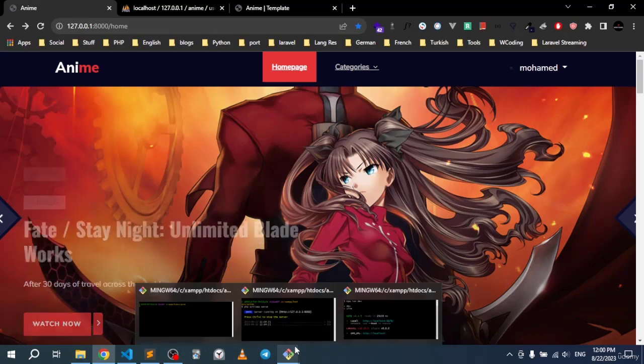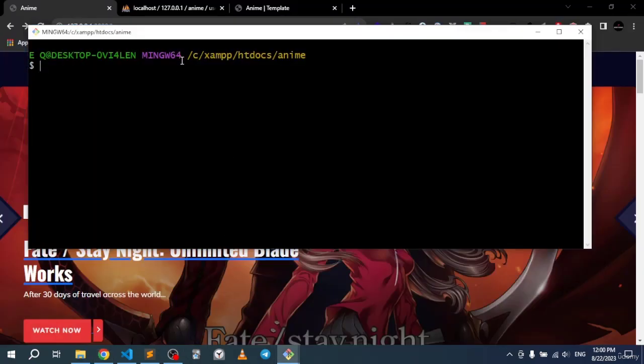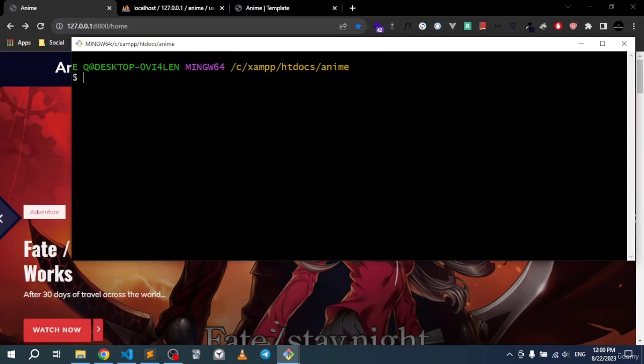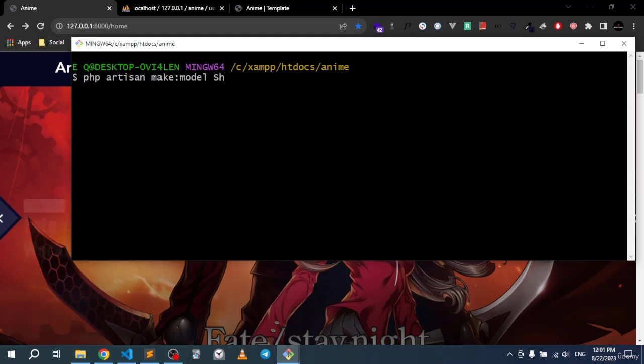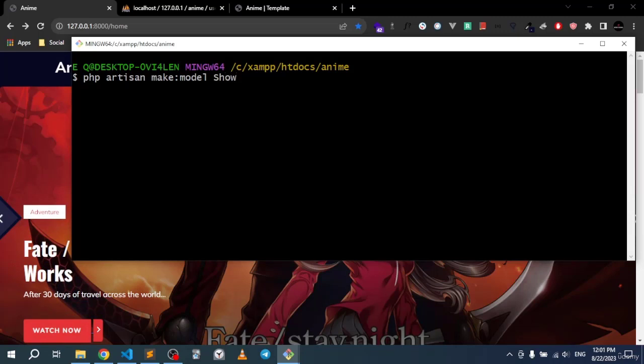I'm gonna open up my command line right here, and to create a model we will just have to go php artisan make model, and then we will write the model name. I will put this in a folder, and I will name the folder Show, and I will name the model also Show. All right, so if I press enter right here,